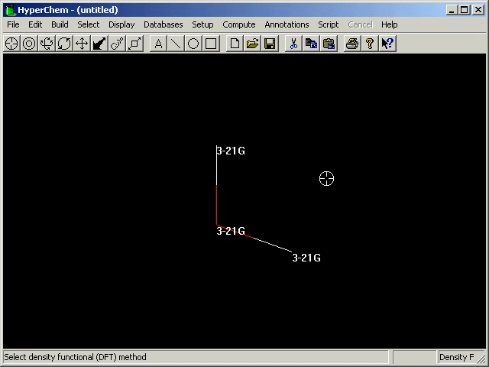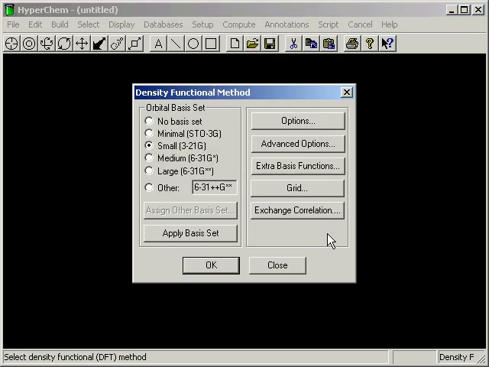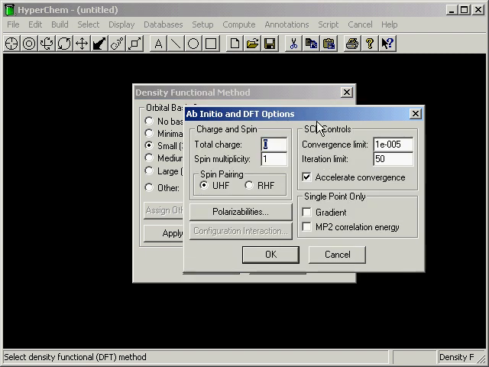The only difference really is that you have to choose an exchange correlation potential in DFT, which you do not do in ab initio. Otherwise, the options are essentially the same, and we could just go ahead and do a calculation now. But there are a few more options to think about here. The basis set options are basically the same. These options are essentially the same as well. You have the ability to do UHF or RHF,